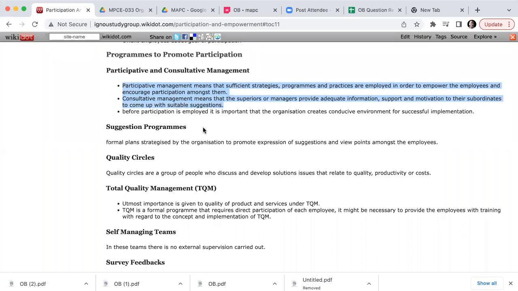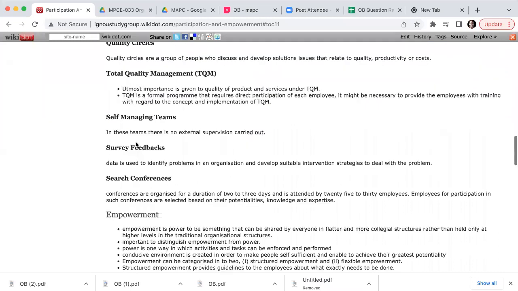Obviously, even after consulting, that is enough for people to feel that, oh yeah, this is my area which I gave to my manager, right? So that kind of a thing would be there. So consultative management doesn't mean that there is no participation. There is participation, but it is a different way of letting employees participate, right? So in order to do all these things, obviously the organization will have that particular culture set up. That culture of involving people needs to be there to get these things done, right?